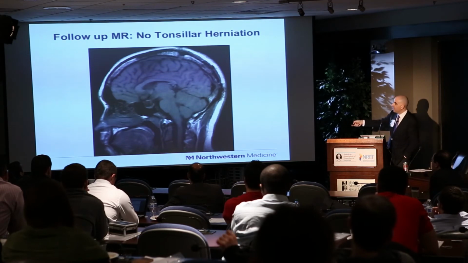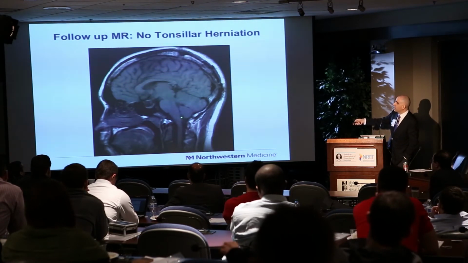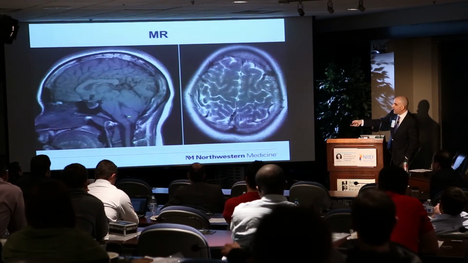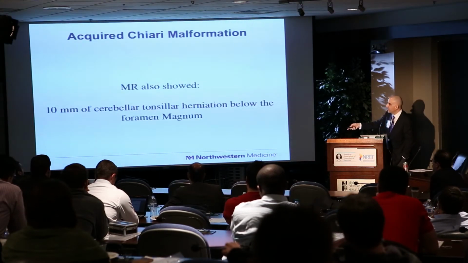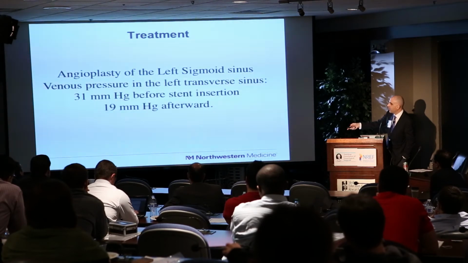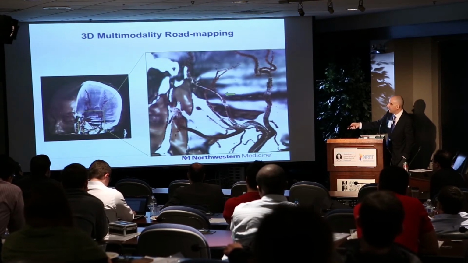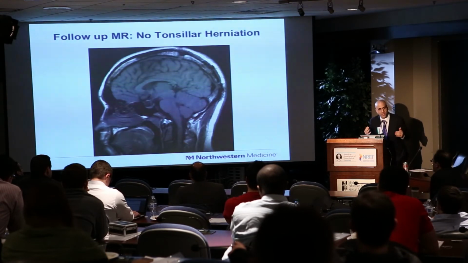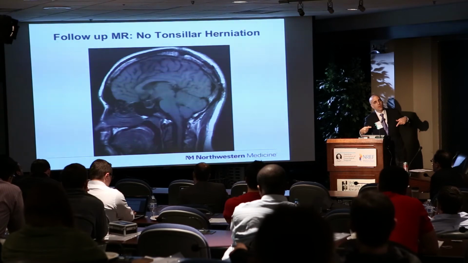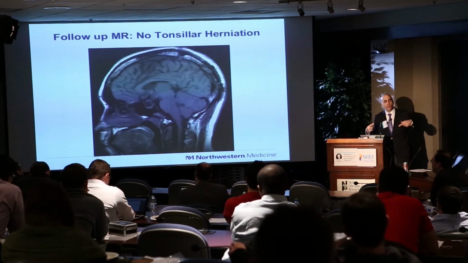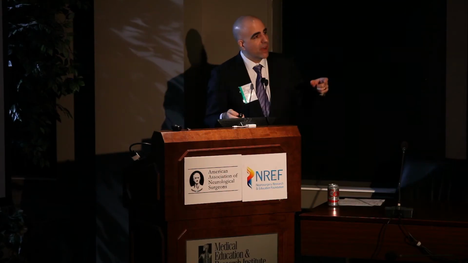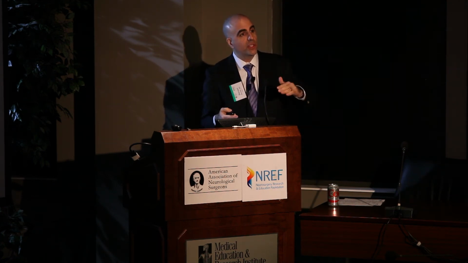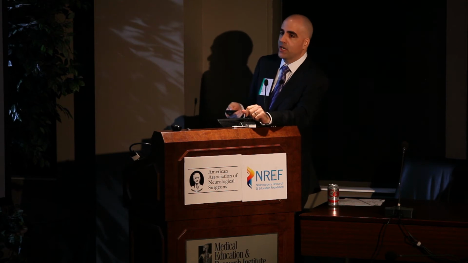And this is the Chiari at the time. I'm sorry, I don't have the right images in order here, but she had basically developed this downward herniation. This is pre-stenting. We stented her IJ, and I couldn't find the venous angiogram to show you, but this is post-stenting. She immediately woke up after the angiogram. We had restored her venous outflow. This was a venous outflow problem that we had fixed. It wasn't the arterial side that was her problem. This patient had progressive headaches and lethargy and eventually near coma from venous hypertension and high ICP.